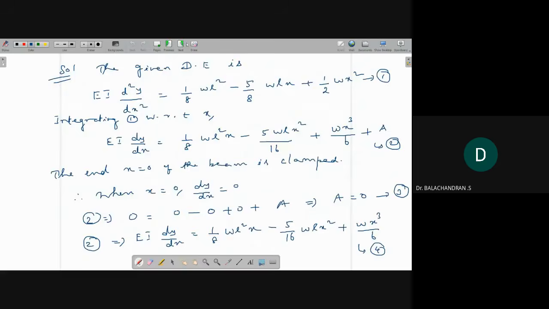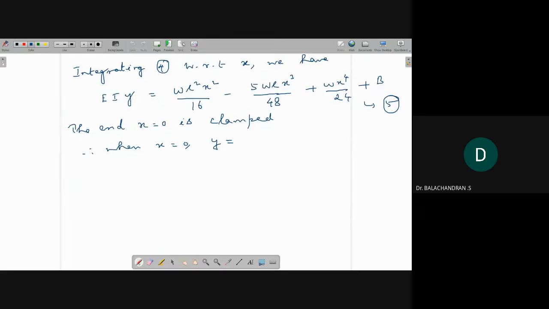So y is equal to 0. So I call this equation 6. Okay. Similarly, the end x is equal to L is